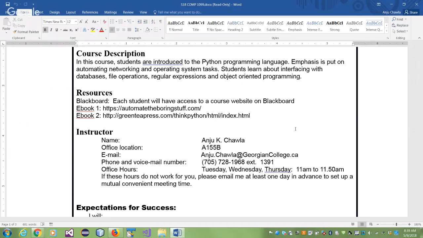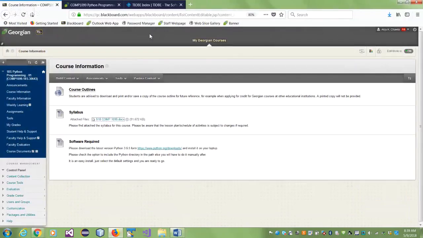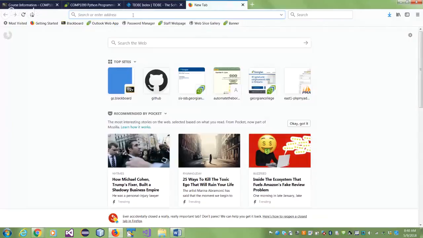I will be using the ebook, Automate the Boring Stuff. The name is not too bad. Automate the Boring Stuff doesn't mean the book is boring. It means the boring stuff that we do manually, we learn how to automate it. The second book, I think hardly, but I've given it to you because if you want, you can always read two books. Nobody stops you. Automate the Boring Stuff is a good book, and it's the book I'll be using.